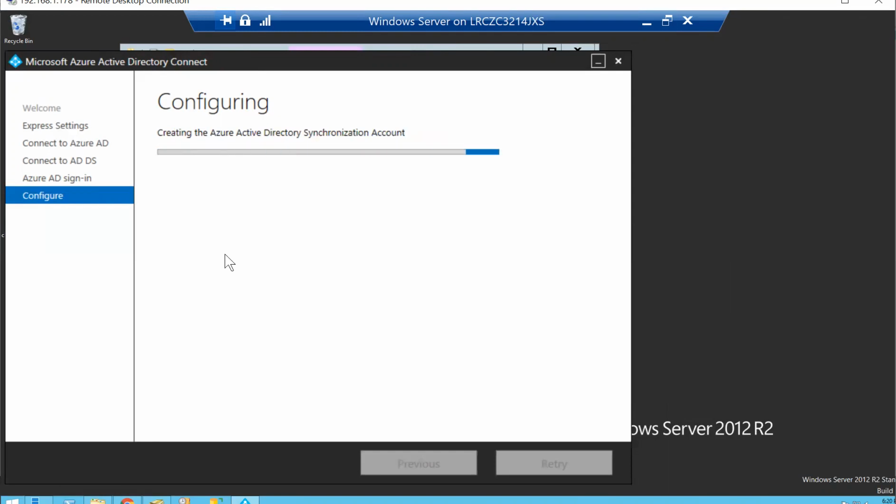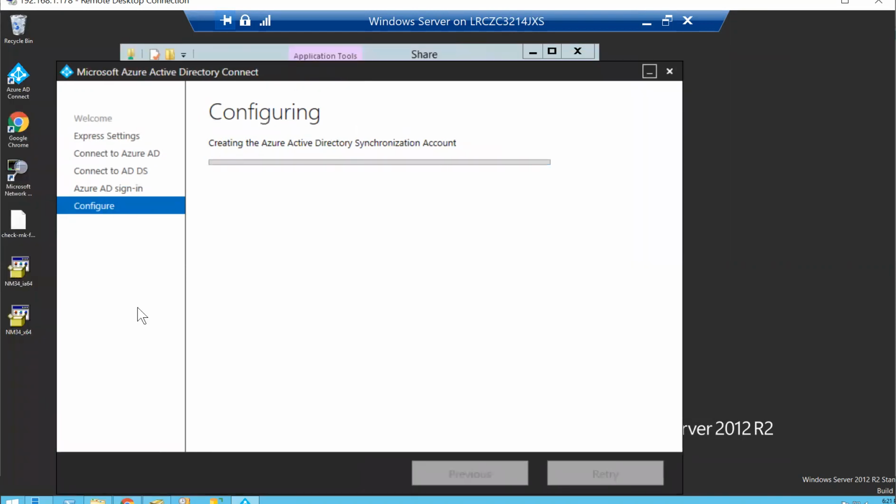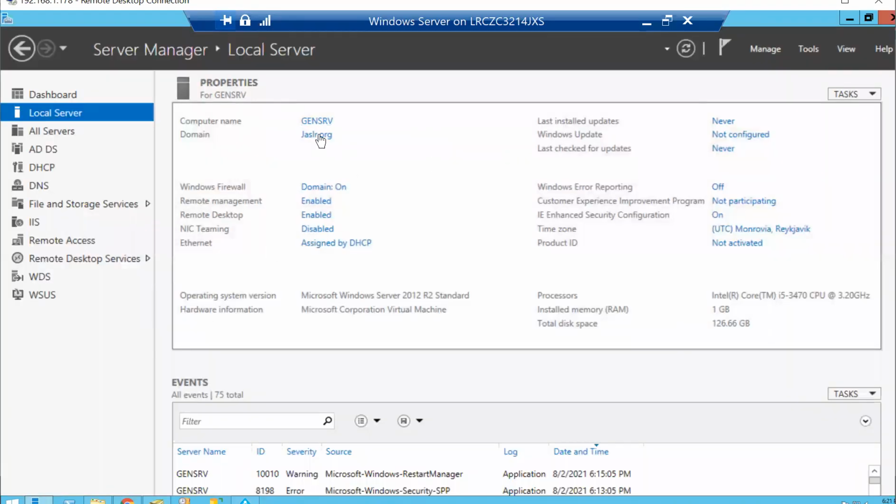Okay, so I just verified. It says the minimum server for this Azure Active Directory Connect should be Windows Server 2012 or later. And it should be domain joined. You should have it on a domain. And as I showed you previously, this is a domain join server that I have already with my little domain I set up at my home,